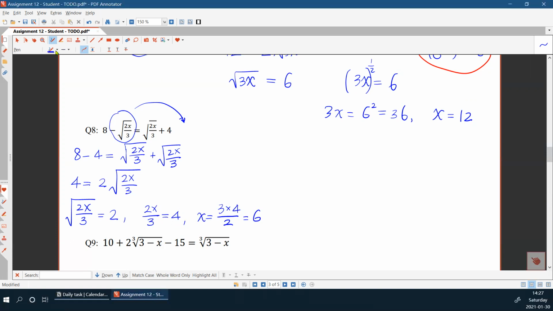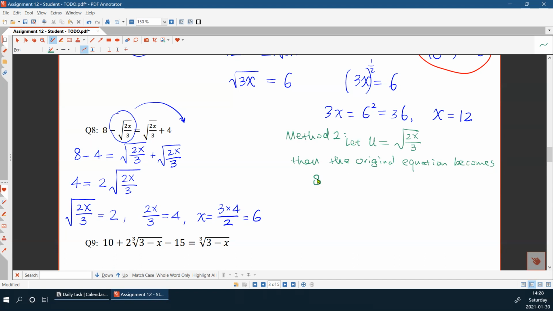Okay, if this method is not so obvious to you, we have another method. If you don't feel very comfortable with the radical signs, as I said before, you can always use another letter u to substitute this complex expression. For example, you can let u equals square root 2x over 3, right? And then the original equation becomes